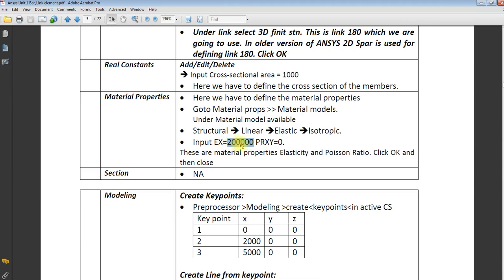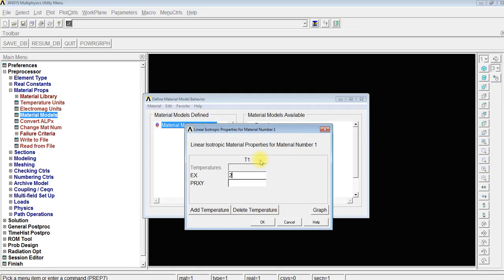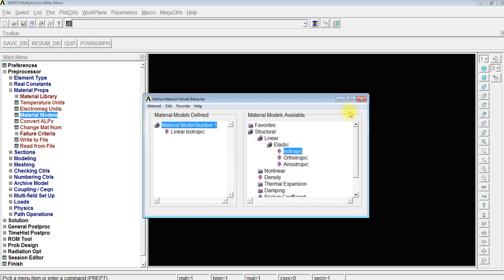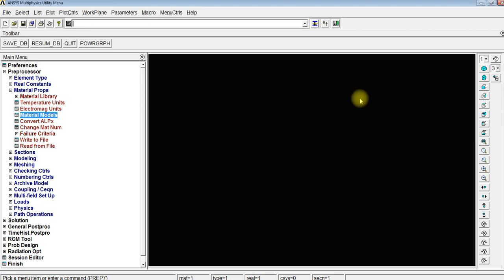For kilonewton, we are multiplying it with 1000, and Poisson ratio we are going to take as 0, as it is not given in the question. So 2, 1, 2, 3, 4, 5. Poisson ratio is 0. We don't need to write it actually, but we are writing it. It will automatically take 0 otherwise.